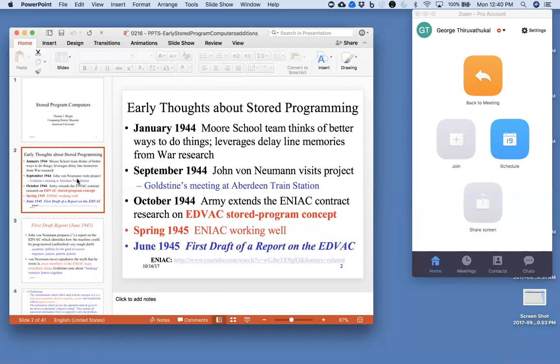The reason I say this is because all of the mechanisms that made the Atanasoff-Berry computer work were also present in the ENIAC. Now the other thing that's happening here in parallel